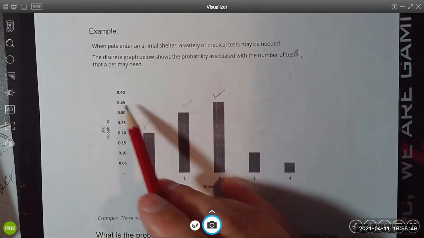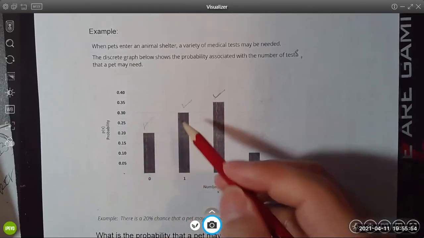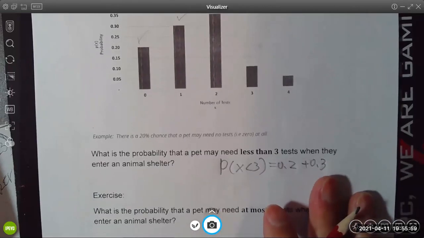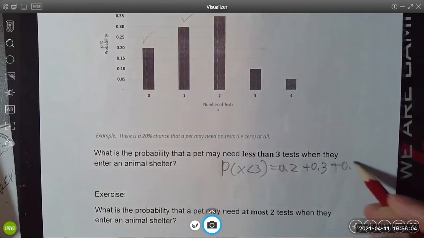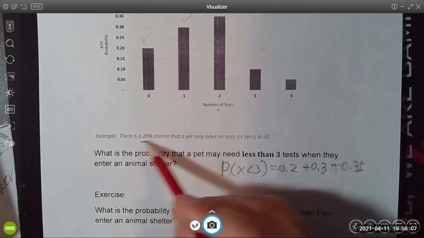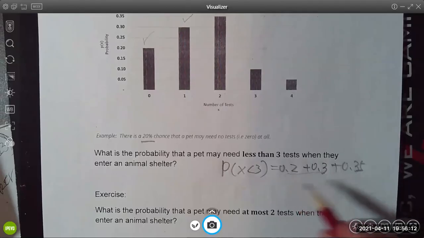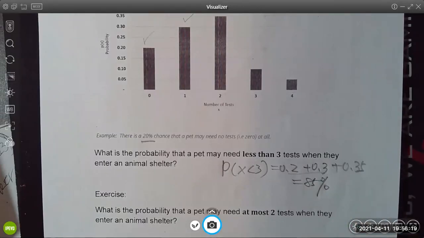Let's be careful. Start from the lower value. We have 0.2 for 0 tests. And then 1 test is 0.3. And 2 tests is 0.35. Add them all together. So we still need a percentage as the answer. So this is 85. So 85%, 0.85. So for any pet randomly selected, that pet has an 85% chance to need less than 3